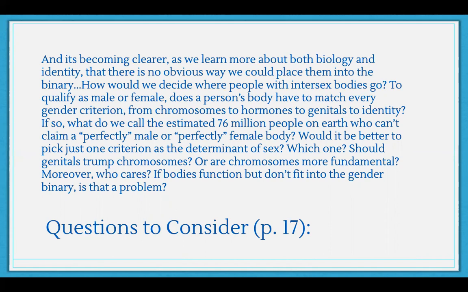When we are aware that there are 76 million people, whether you're talking in terms of their sex, their gender identity, or their gender expression, that don't fit this perfectly male or perfectly female body. And that it raises the question that if this many people are deviating in some way from the binary, is it really helpful to have the binary system? How do we decide who gets to count as a male, as a female, as a man, as a woman, when people can possibly deviate from our expectations, these binary expectations, at each step? And that last question about who cares, if bodies function but don't fit into the gender binary, is that really